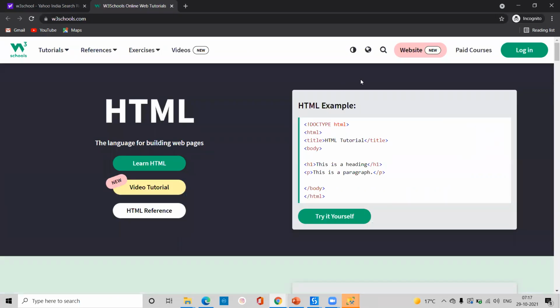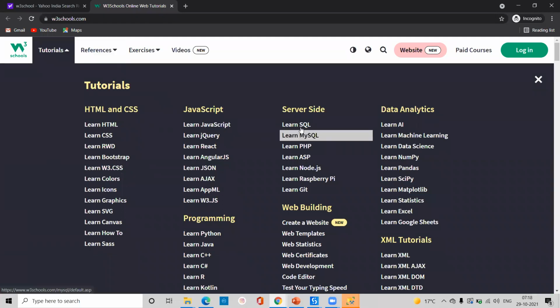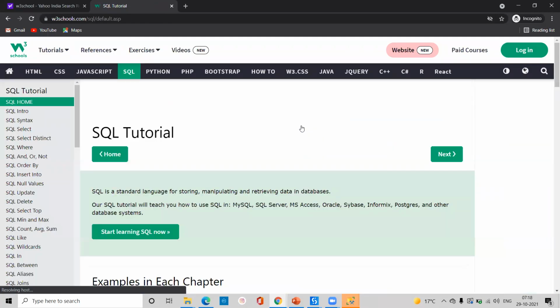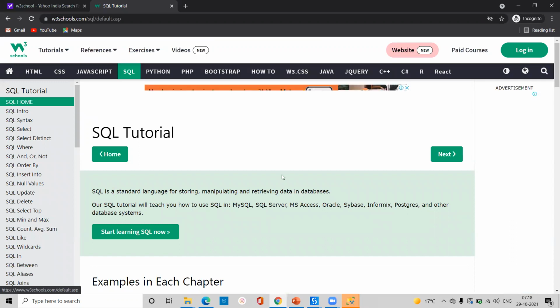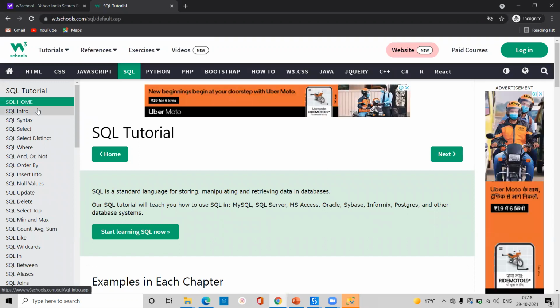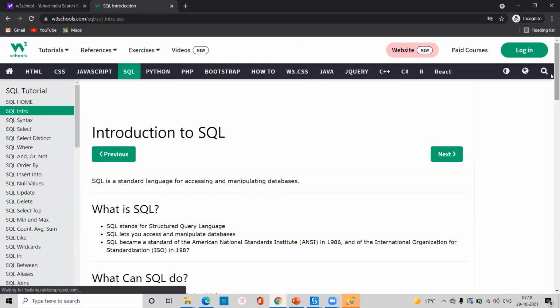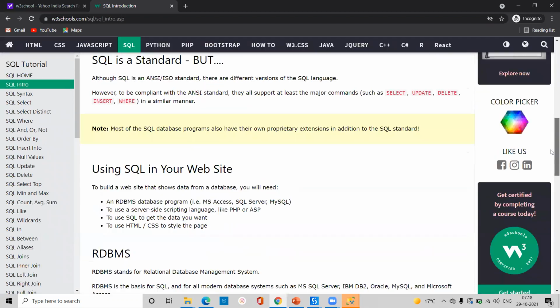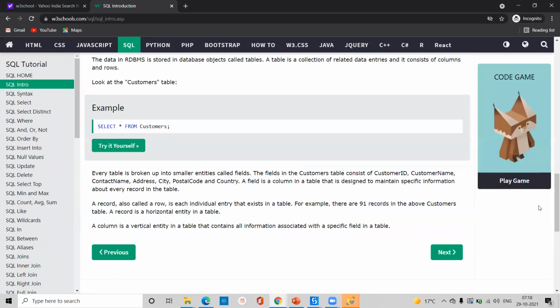So you can go to W3Schools, go to tutorials, and go to Learn SQL. Okay, simple. First of all, as I already told you, you have to understand this home intro. Whatever syntax they have given, you have to follow the syntax step by step. Right now it's SELECT star FROM customers. We have to go for create database and use database.